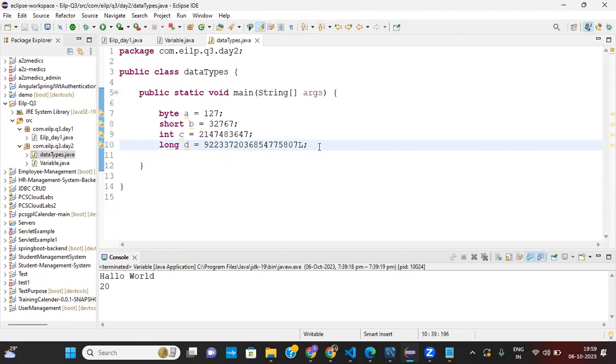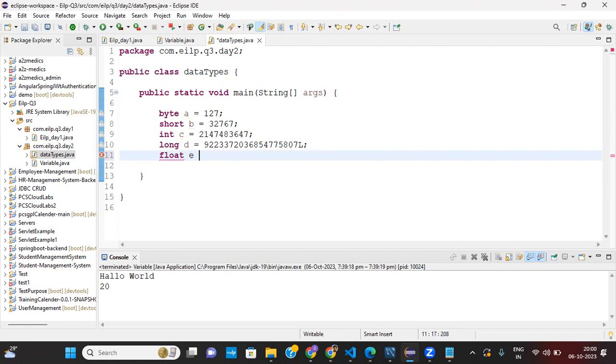And same way, if I work with float, the float that we know gives the decimal value. So in float, basically it is 32 bit, it represents 32 bits, and it has the floating point.